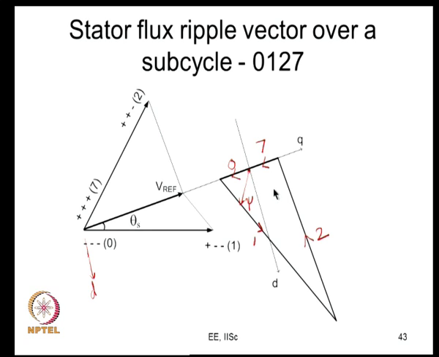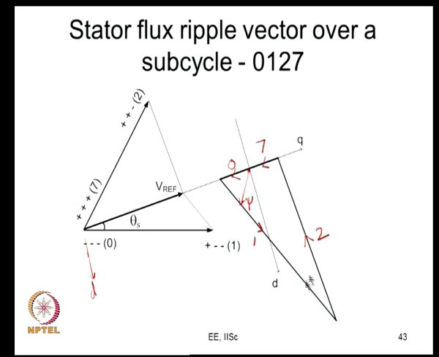So, you have to consider only this, that is, you start from 0, the q axis ripple goes to a maximum, and after this what happens, the q axis ripple is coming down, here it is 0, here it is going to negative, here it is going to some negative maximum, and then here it crosses 0 and goes to a positive maximum, and then again it slowly reduces, goes down here, and from here it reduces fast and goes back to 0.